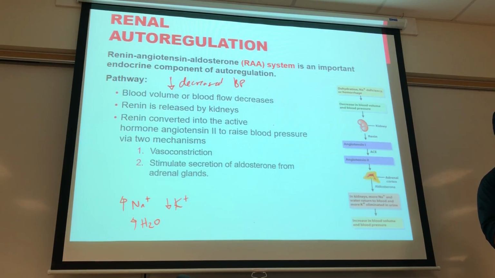What does constricting the vessels do? Should raise blood pressure back up. Take a vessel, squeeze it, raise blood pressure. So that's our way of raising blood pressure. The other effect is angiotensin 2,